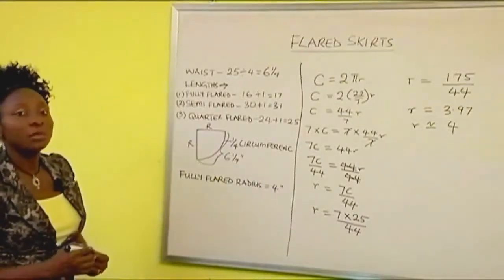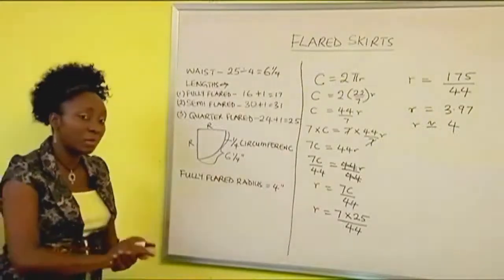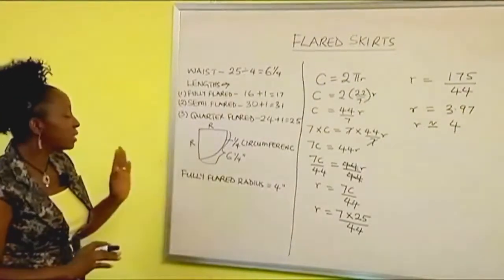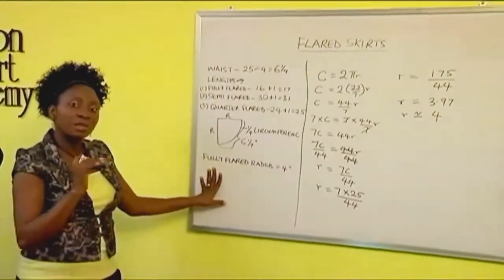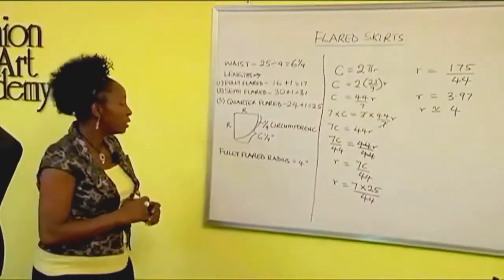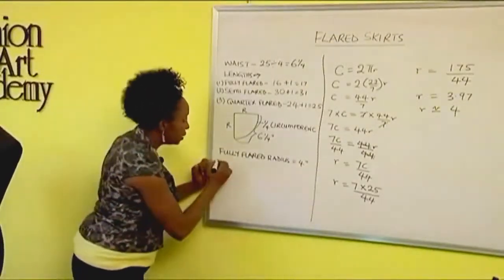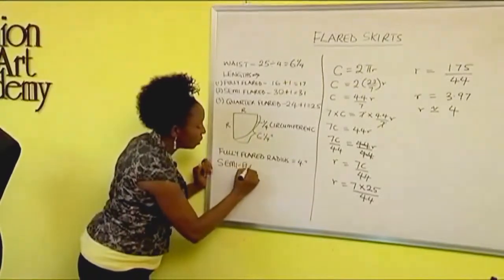That's for our fully flared radius. Now for any type of skirt you're planning to make, whether it's a semi-flared or a quarter flare, we have to start by getting our fully flared radius, because without this, we would not be able to calculate the radius for the other types of skirts. So for our semi-flared radius,